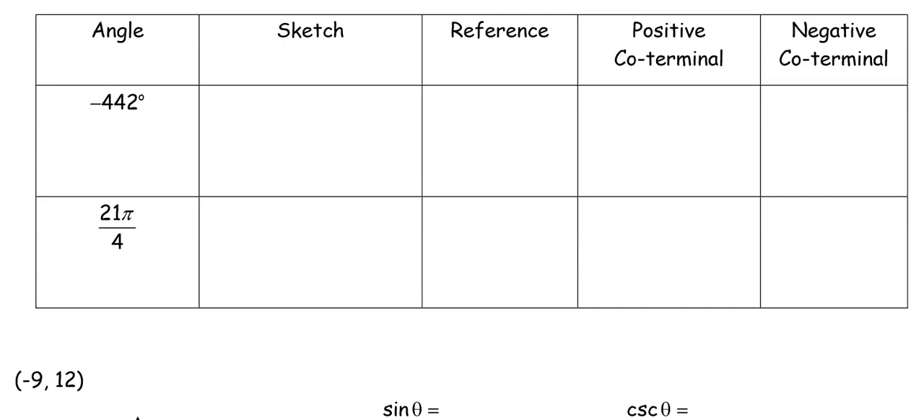So our first angle is negative 442. If I'm going to sketch this angle, remember quadrant 1, quadrant 2, quadrant 3, quadrant 4. When we have a negative angle measure, we go clockwise around. So this is a negative 90, a negative 180, negative 270, negative 360. So we have to go more than one turn around. That's going to put this at a negative